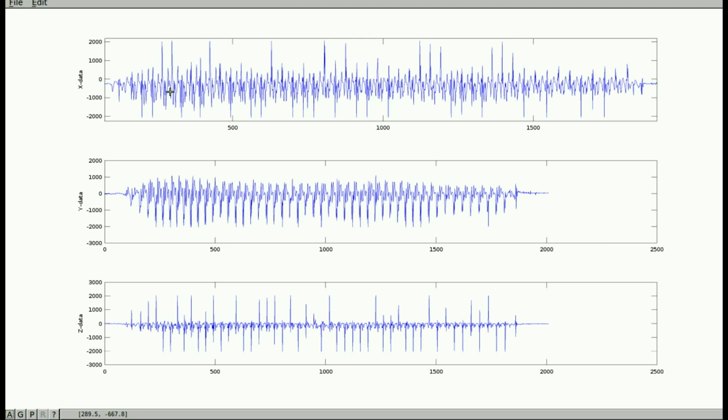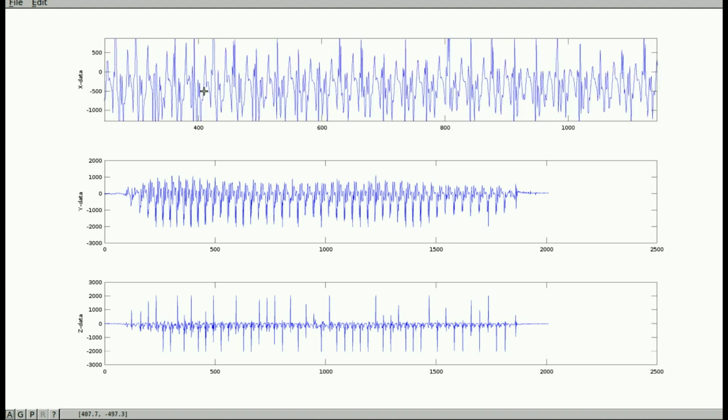The x-axis was the axis that was pointing towards the ground in my case, I mean the thing that I was wearing. And if you can see, let me zoom it a bit more, there is some kind of periodicity in this signal. So it's periodic, so there has to be some frequency.